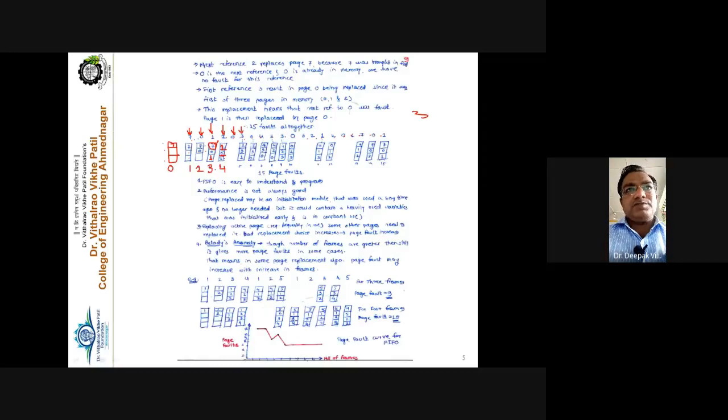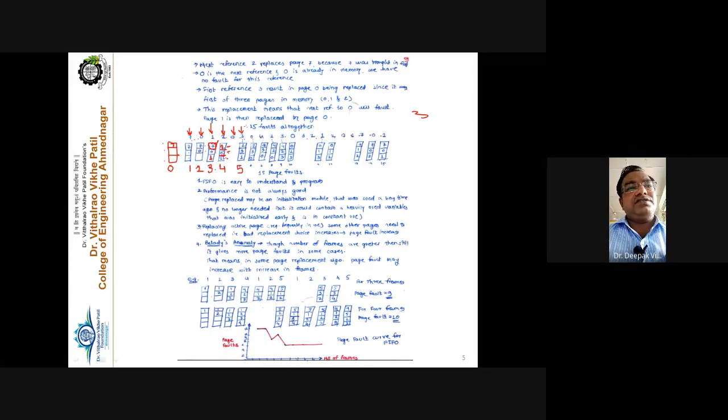The next memory reference is made to page number 3. And page fault occurs because page 3 is not available. So you can say this is page fault number 5, and the page is not present in the memory. The page fault occurs, so you have to replace one page again. Out of 2, 0 and 1, which is to be replaced? Compare between 2, 0 and 1, which is the oldest one. Among 2, 0 and 1, 0 is the oldest one because 2 you have just placed here.